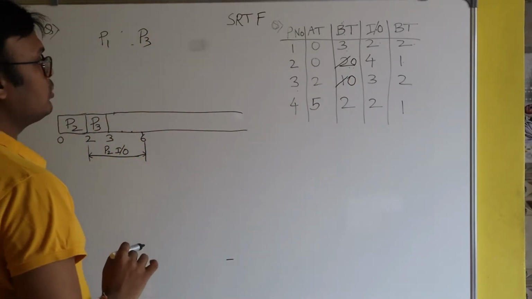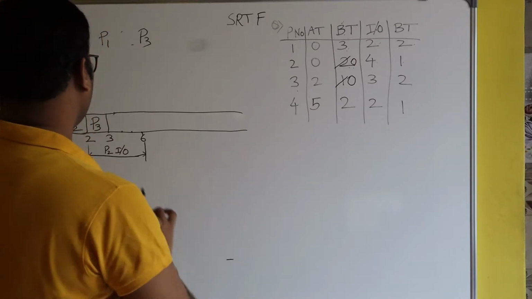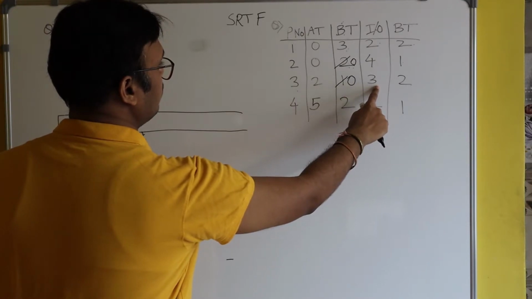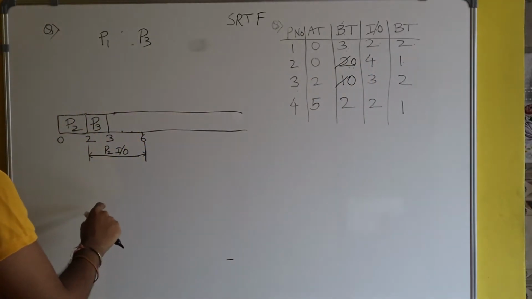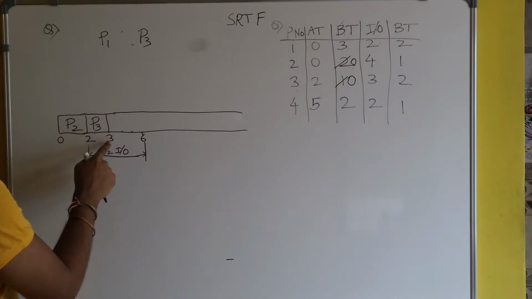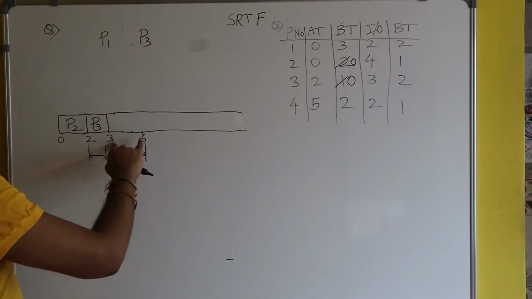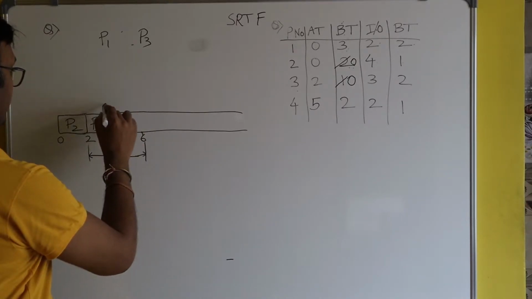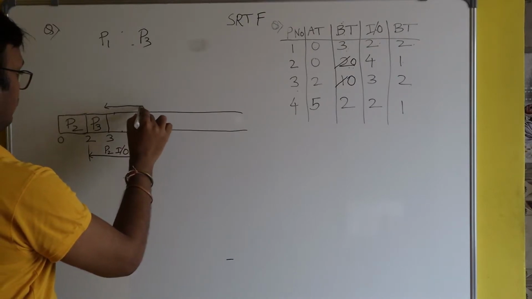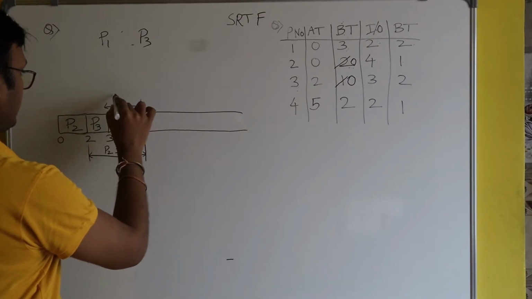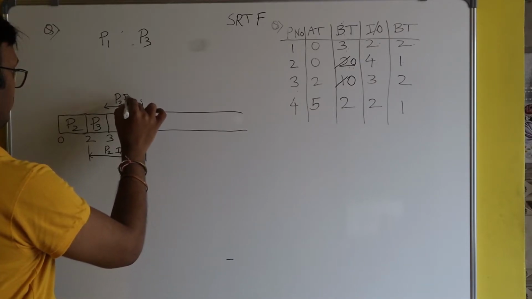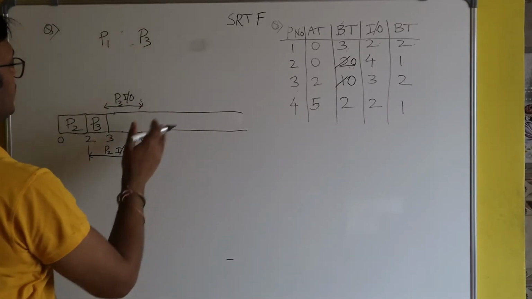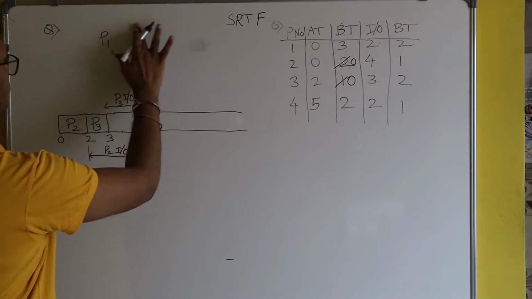Okay. So after the completion of its burst time, P3 will execute its IO for 3 seconds. It means from this point, P3 will execute its IO for 3 seconds. From 3 to 6 seconds, P3 will be busy with IO. So here I write from 3 to 6 seconds, it will be P3's IO. Okay, so P3 has completed its first burst time. Now P3 is busy with IO. So here I am removing P3.